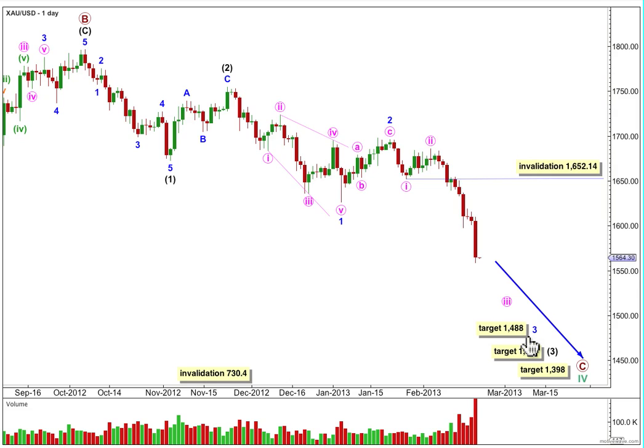At 1488, minor wave 3 would reach 1.618 the length of minor wave 1, would then expect a small fourth wave correction, and then more downwards movement to end intermediate wave 3. At 1431, it would reach 2.618 the length of intermediate wave 1, would then have another larger, longer lasting intermediate wave 4th degree correction upwards, and then further downwards movement to the final target to the downside, 1398.